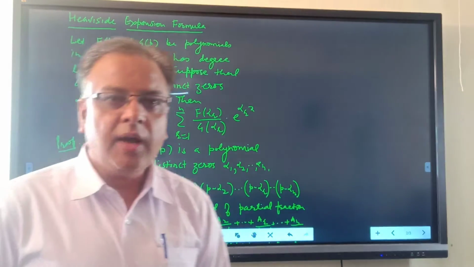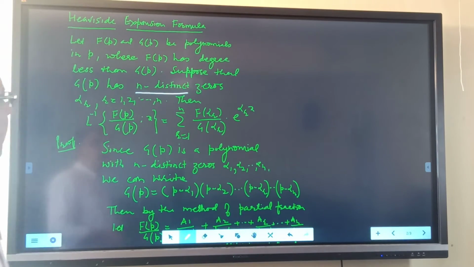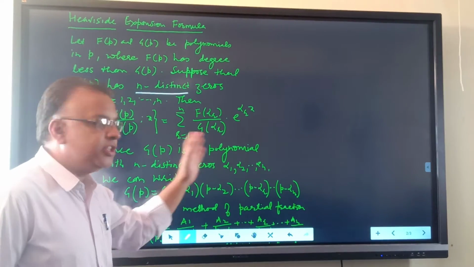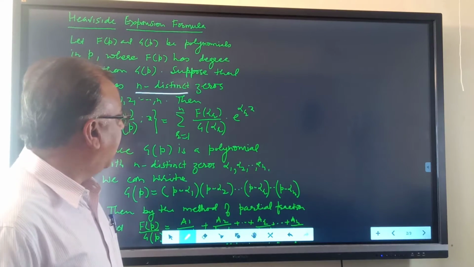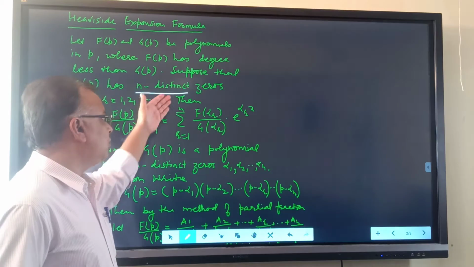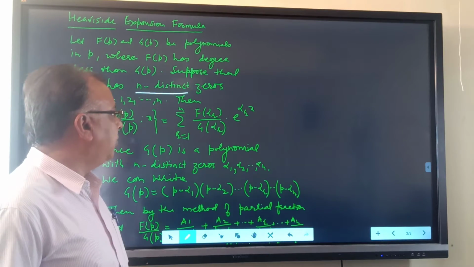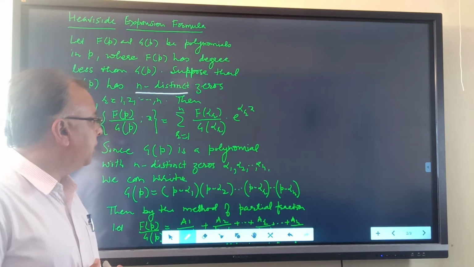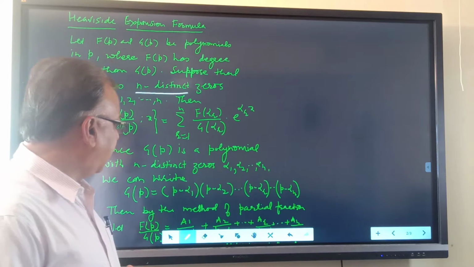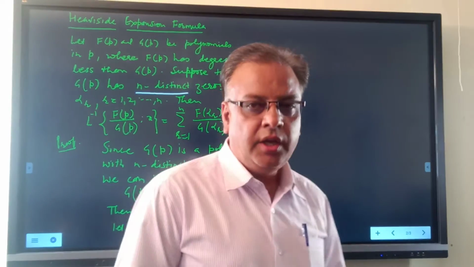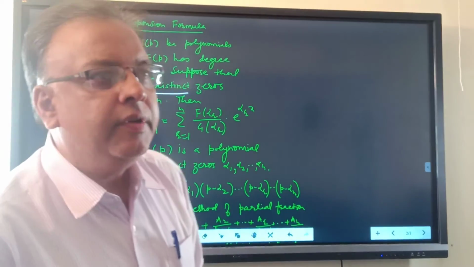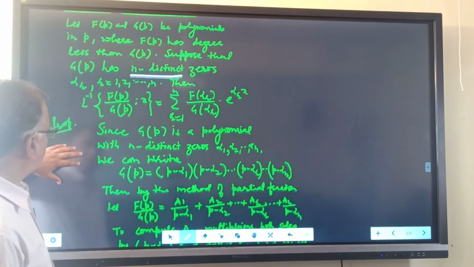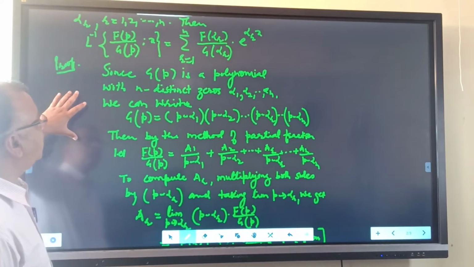with respect to x is equal to the summation from r equals 1 to n of F of alpha r upon G dash of alpha r into e raised to alpha r x. This is the well-known Heaviside expansion formula. Now, in order to prove this formula,